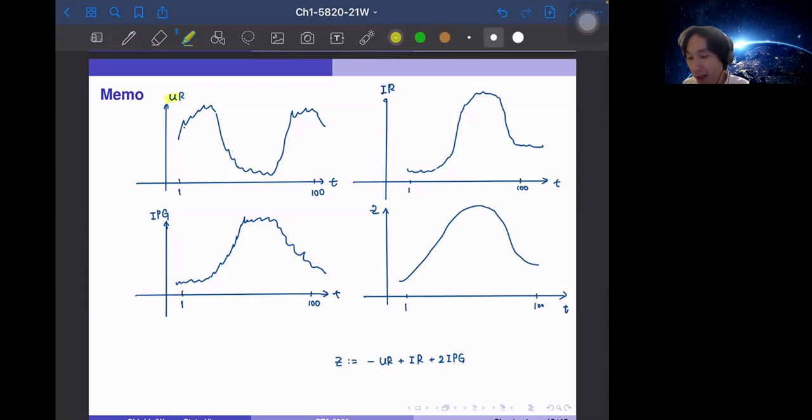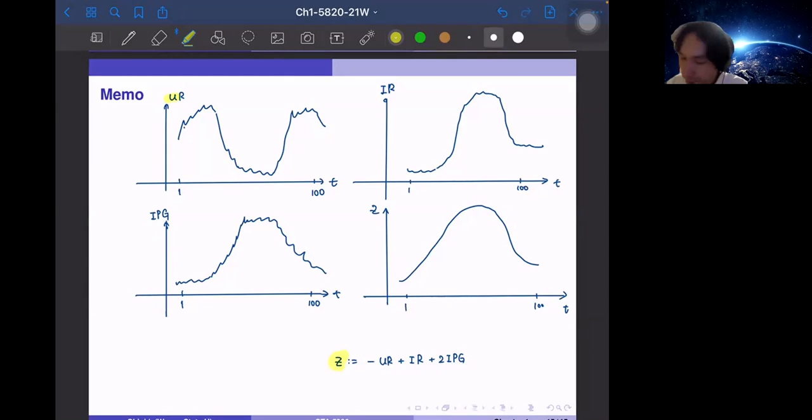Each statistic has some unreliability. Maybe the unemployment rate is distorted by some government policy. Inflation rate is affected by, for example, an increase in tax on tobacco. And industrial production is also affected by temperature or something. But if you aggregate those variables, then this Z is a more reliable estimate of the business indicator. So it makes sense, right? And we don't really have an answer.